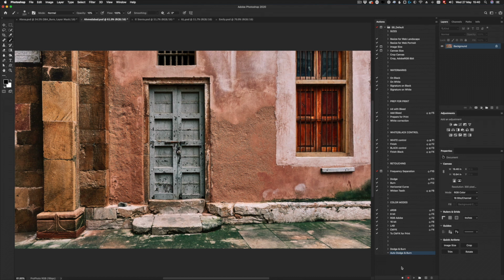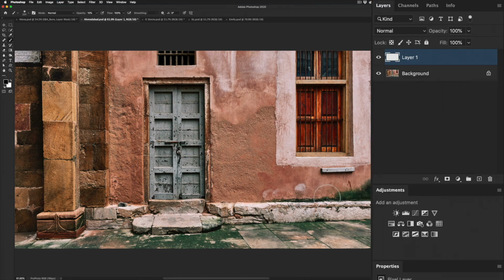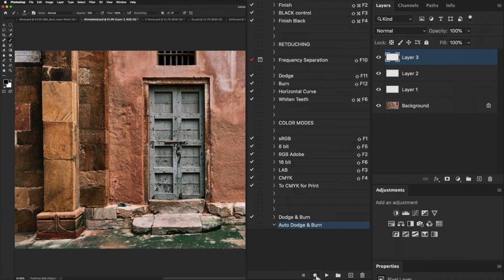To be sure that our action works in any kind of scenario, no matter what lies beneath, if it's one layer or 1,000, I would always recommend to build in that step. So to do so, let's stop the action or let's stop the recording and create some layers. Now we actually have a layer stack. So now that function, Command, Option, Shift, and E works. Let's go back to our recording,